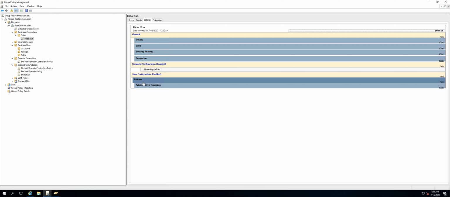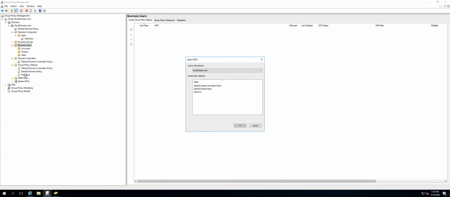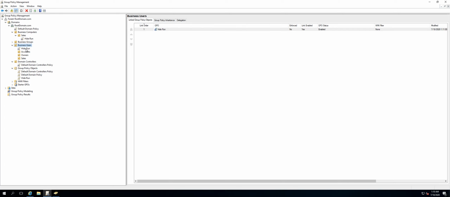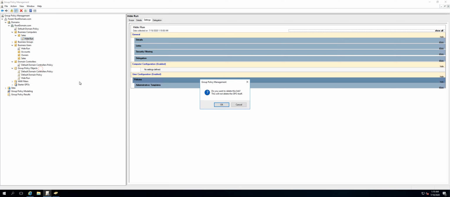whereas it's a user configuration. So that's entirely wrong. What we are going to do is we are going to unlink it from here. In fact, let me show you this. I can actually link a GPO at two places together because a GPO is an object. You can connect it at as many places as possible. So I also linked it here. Although it is useless here, so I'm going to remove it from here. The way to remove it is that you say basically delete,